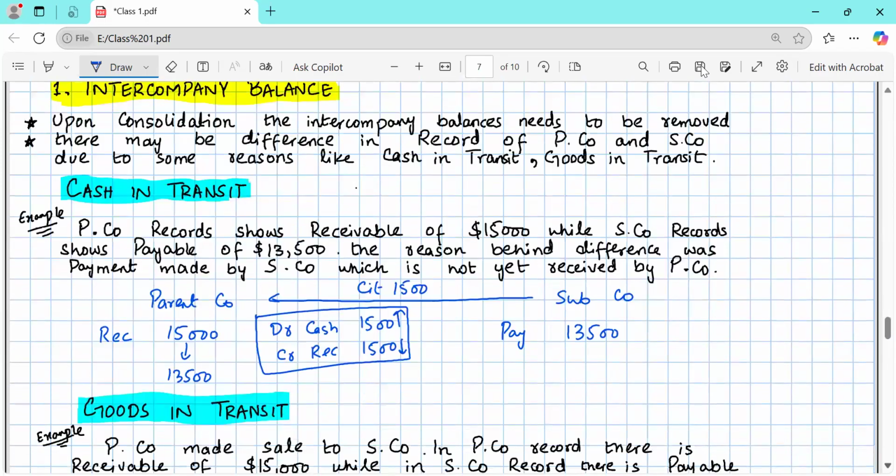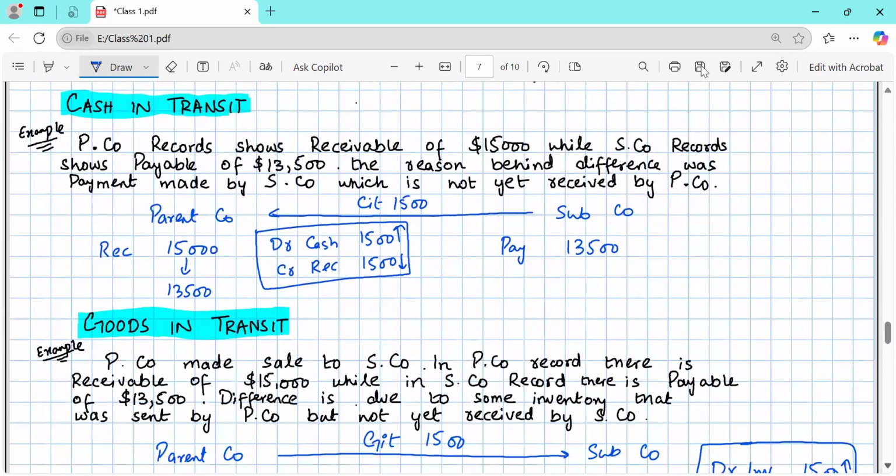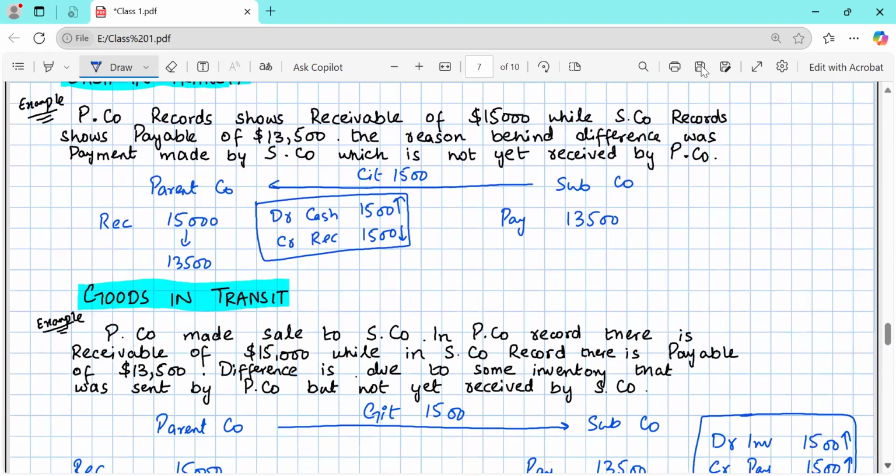These are the adjustments you need to remember one by one, because if you remember them individually, it will be very easy for you. And if you learn the format, then again things will be easier, because you know how the format looks like. So you know how I can post that. That is why I was asking you to just learn the format or write it down, memorize that to make things easy for you. Anyway, with practice, you will be able to do it in a better way.